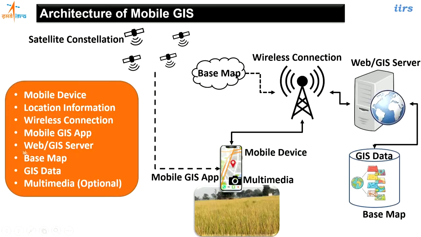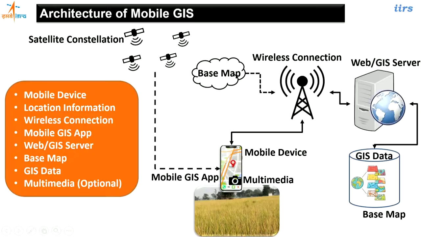Similarly, there is one important component called the base map. What are the base maps? The maps which you see in the background, like the OpenStreetMap or the road layer, or sometimes the satellite images also. So they are the base maps. For a mobile GIS application, sometimes I require, not mandatory, that there should be one base map in this mobile GIS application.